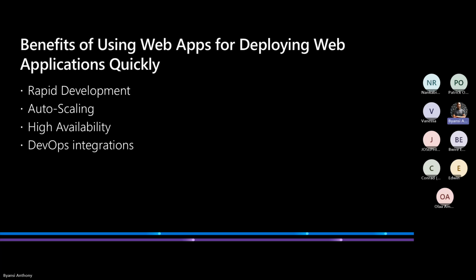You're not only running it within the premises, but since you're utilizing the cloud, you get a chance of probably doing auto scaling